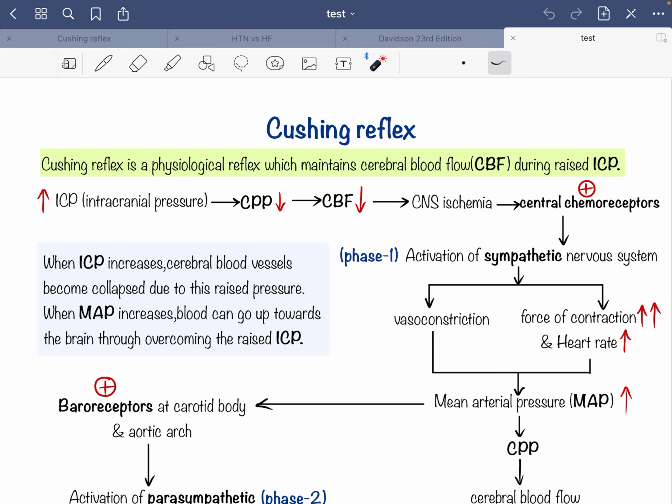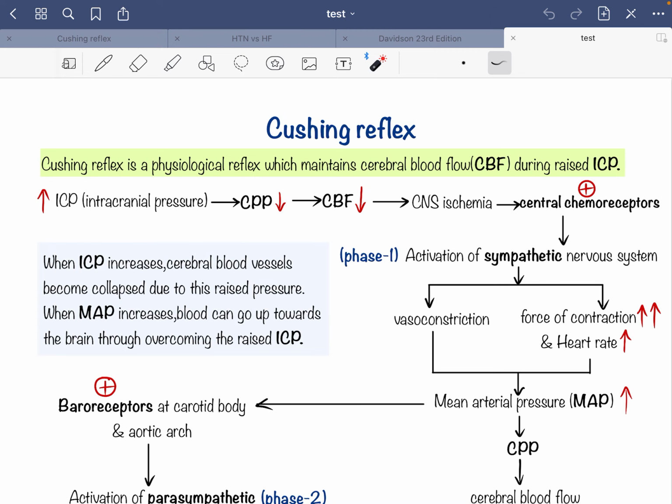So all of us know that the Cushing reflex is a physiological reflex which protects our brain during increased intracranial pressure. If due to any cause your intracranial pressure is increased, at that moment our brain gets a little amount of blood. So this Cushing reflex tries to increase the blood flow towards the brain to protect it from being damaged. Before discussing today's topic, I want to briefly discuss intracranial pressure.